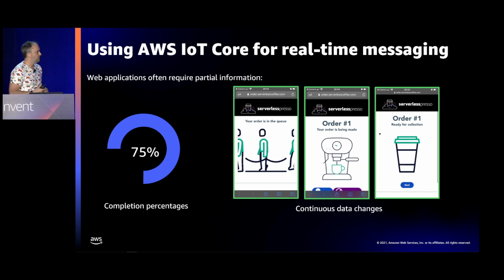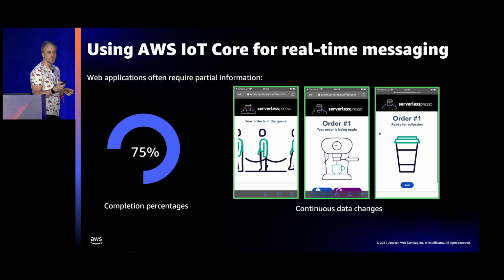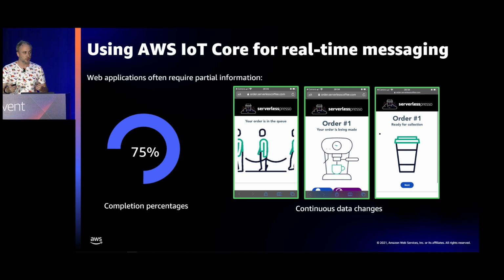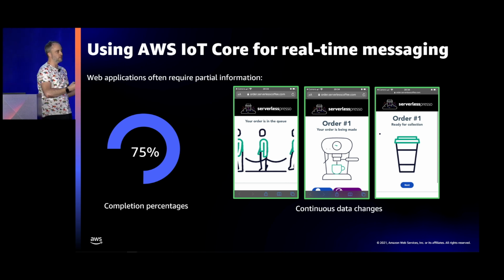With modern web applications, people don't just expect them to be fast. They expect frequent updates about the thing that they're doing. So for example, when you use a food ordering app, you expect to know how long until your food is there, and you expect the screen to update, maybe with a map to show you where that person is as they're arriving. Or another example, maybe you're returning something to a furniture store and you have to queue. You expect to know how long you're going to be waiting for, how you're progressing in the queue. You don't expect it to be quick, but you do expect feedback about the request that you've started. A simpler version might just be an upload completion percentage.